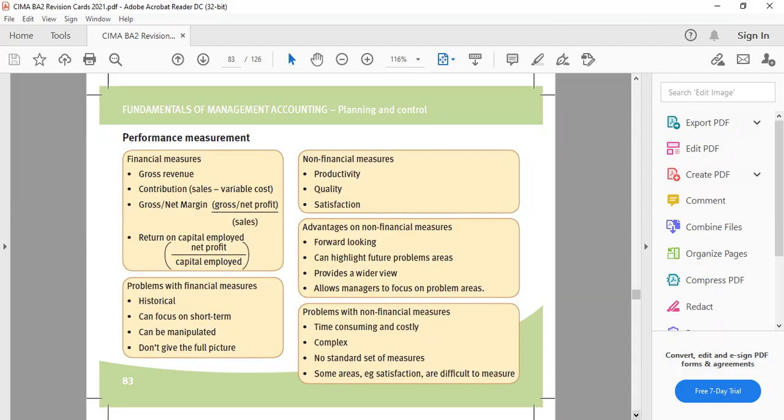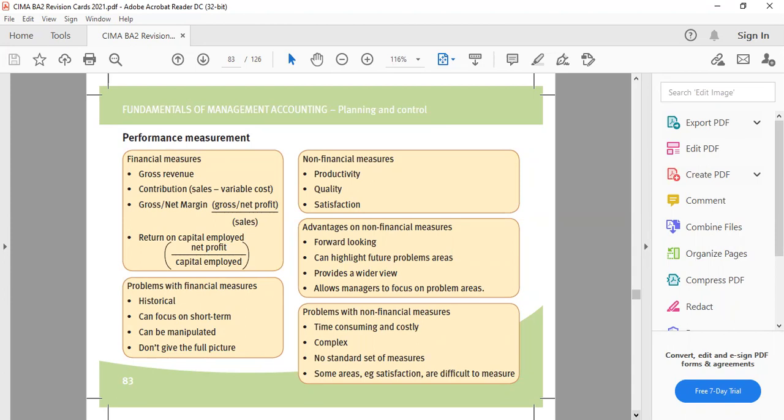They can be manipulated. For example, if a profit margin is calculated, profit has different meanings. It could be gross profit, operating profit, earnings before interest and tax, profit before tax, profit after tax. So various profits are there. What is assumed to be profit can differ in different situations. So there is a possibility of manipulation because it basically goes with the assumptions of the management accountant who is preparing these